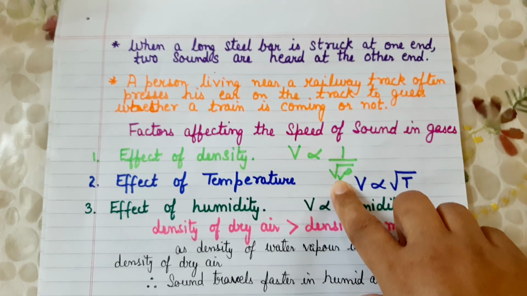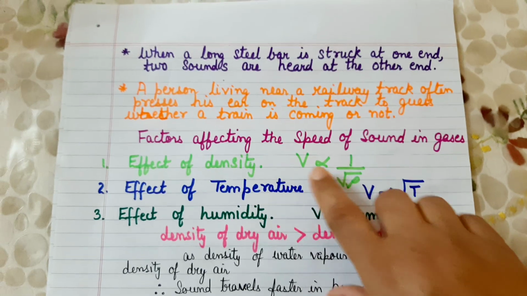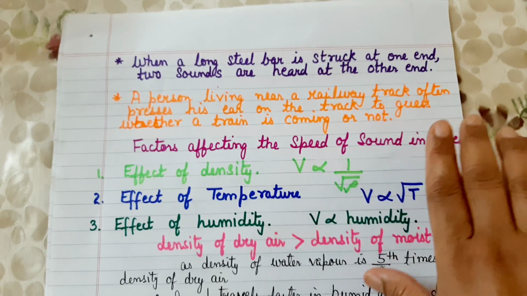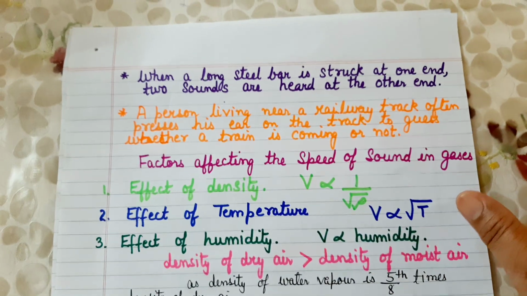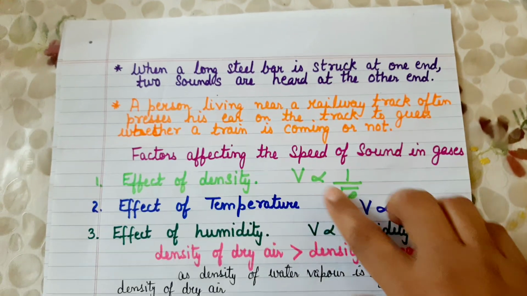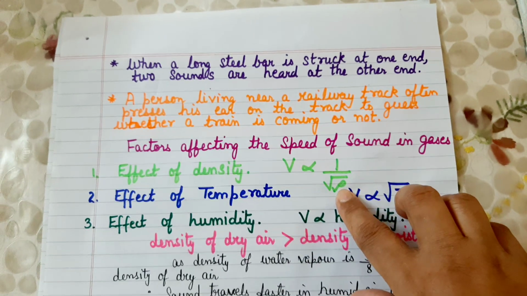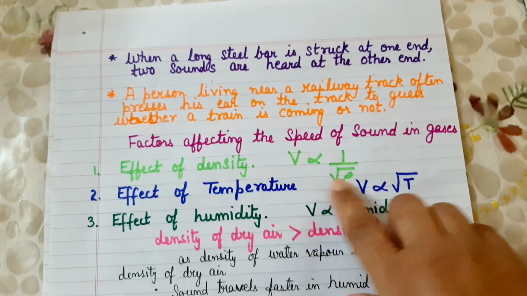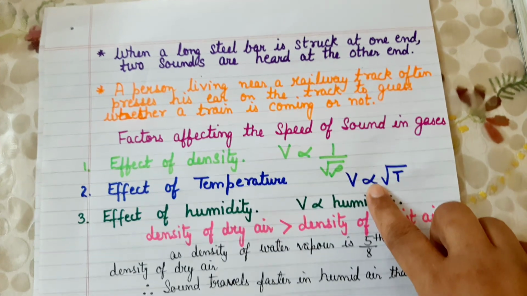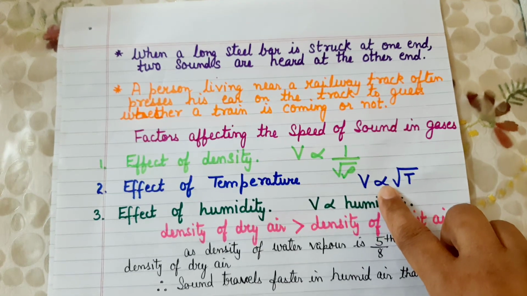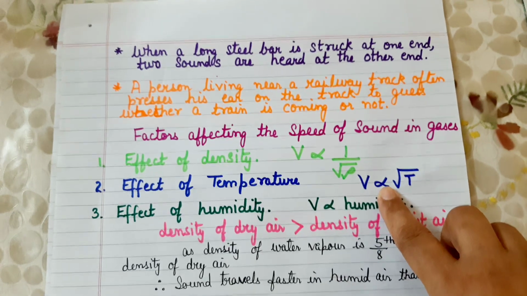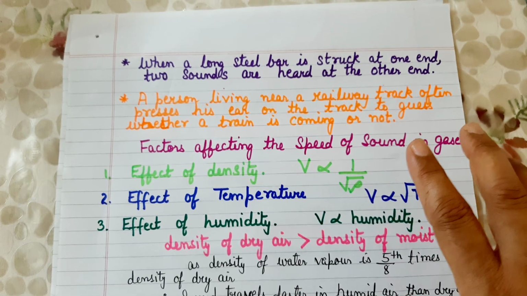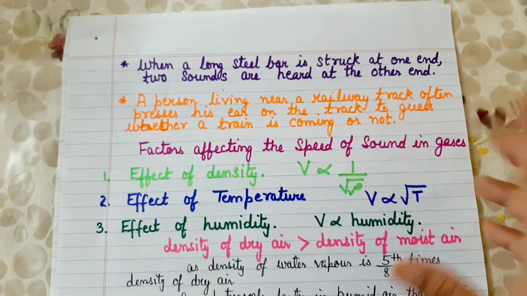It means that if a medium is more dense, then the speed of sound, in case of gases, children, not in case of solids, okay? In case of solids, it's the other criteria. In case of gases, when the density of a gas is more, the speed of sound will be less. It is inversely proportional. What about temperature? It is directly proportional. That is, greater the temperature, greater will be the speed of sound. Okay, that is, the speed of sound is more when the temperature is high.